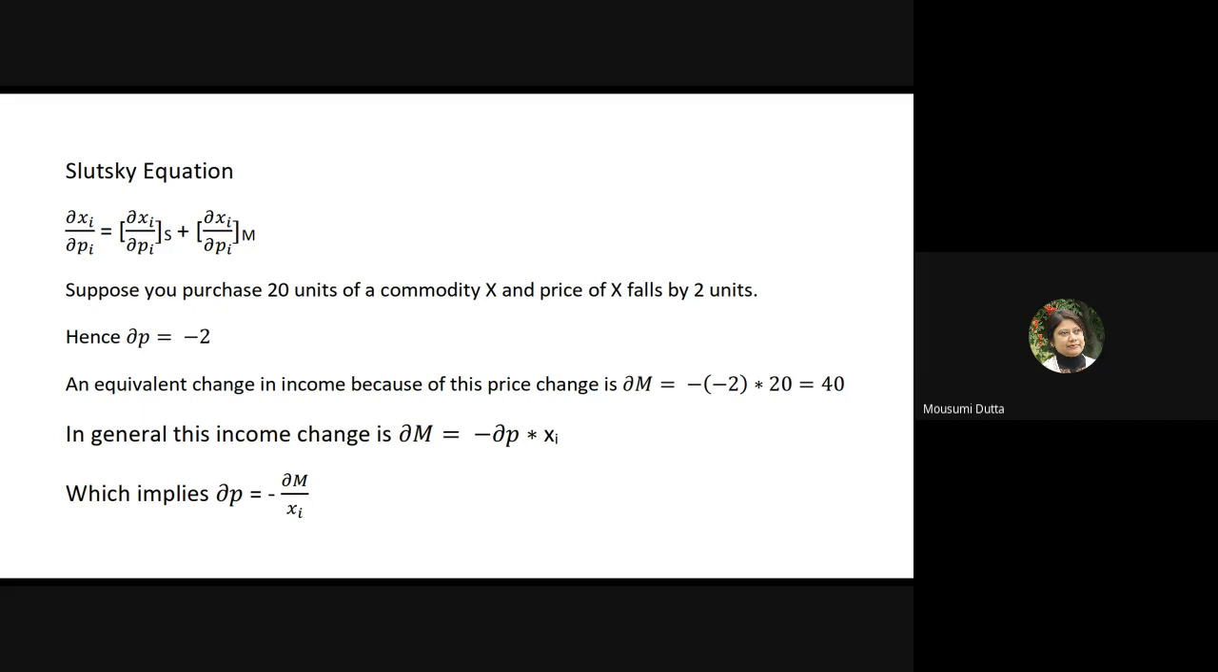Now let's first start with an equation: del xi by del pi is equal to del xi by del pi s plus del xi by del pi m. The left-hand side, del xi by del pi, refers to the total effect of relative price change. So first you write down this equation: del xi by del pi is equal to del xi by del pi s plus del xi by del pi m. Then please note down the LHS represents